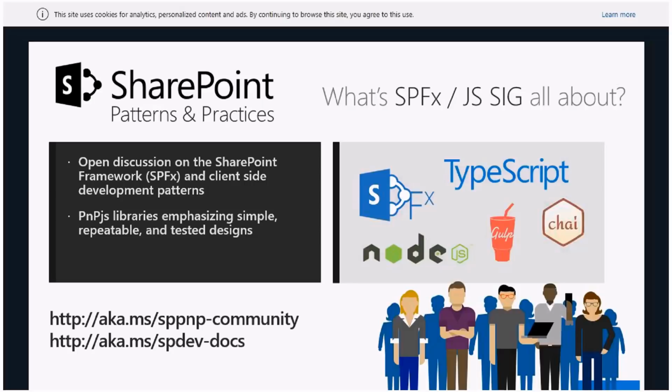We also talk about the PnP JS libraries that we've developed together with the community to emphasize simple, repeatable patterns so you can bring those into your application. That'll really save you some time and effort, and you can just build off of the code we've already constructed together. Two links down there at the bottom: